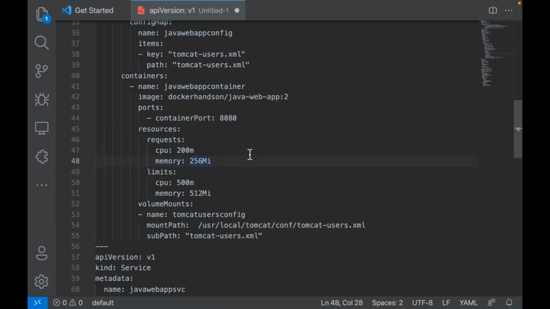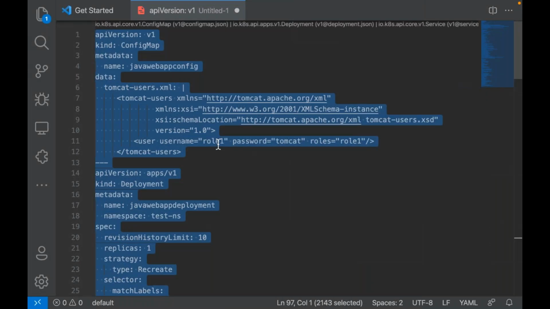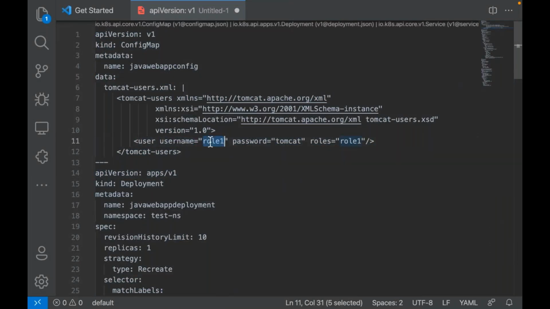Now if I deploy this, can I see this? Suppose I'm giving something like this. What are the roles, guys? Manager GUI, admin GUI, yeah? Manager GUI, admin GUI, right? Let's say I'm saying